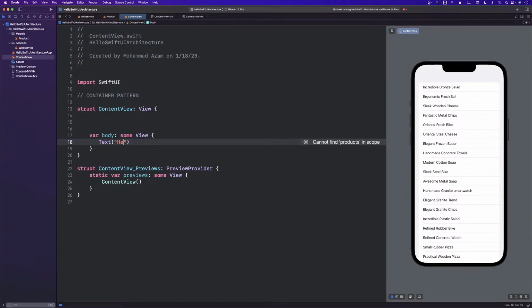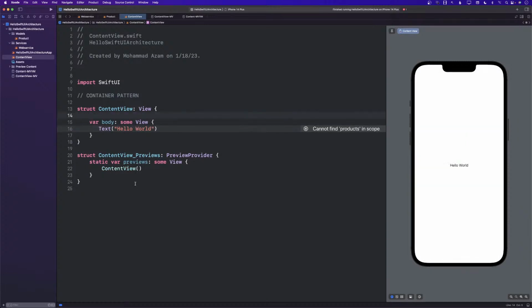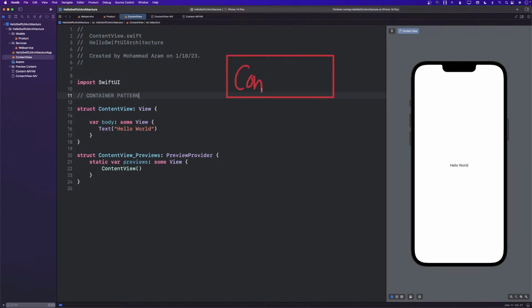All right, so I'm just going to go ahead and say hello world. So what exactly is the container pattern? A container pattern simply means that you will have a container, a view. So we will have a view over here. We will call it container.